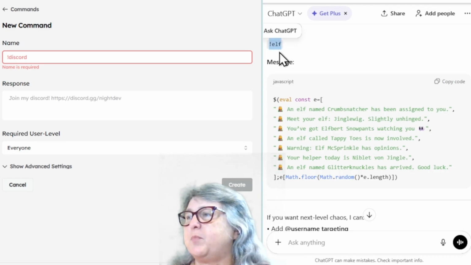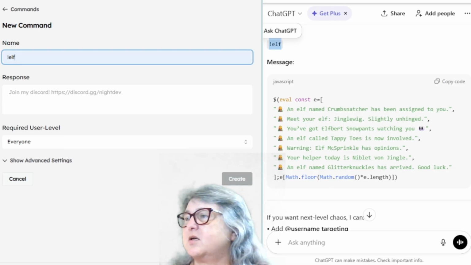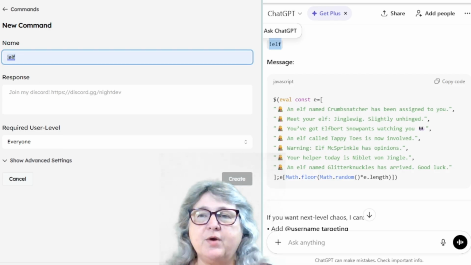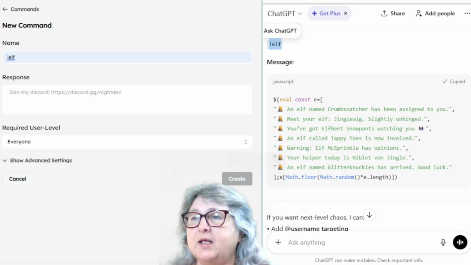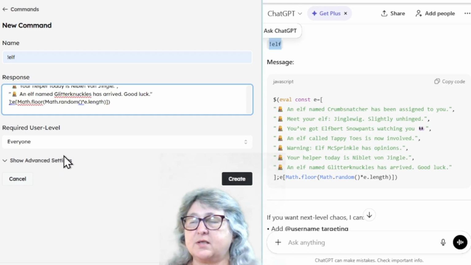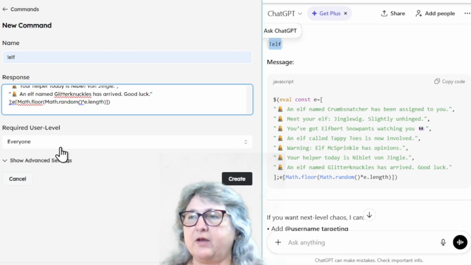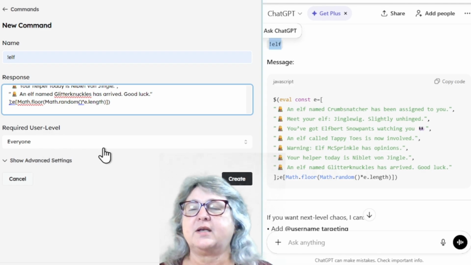So let's copy and paste ELF into that section there. Now we're going to go over here and we're going to copy the code. We don't want to miss out anything, and we just want to copy and paste, and that's the easiest way to get it right. And we're going to make this for everyone. So what did we end up with?